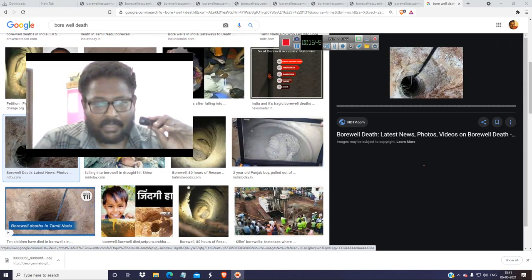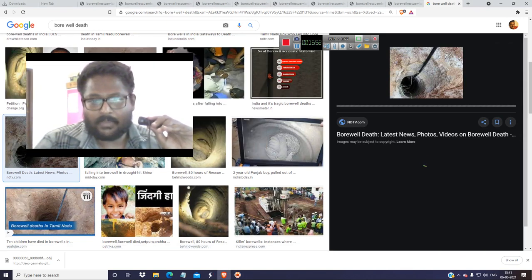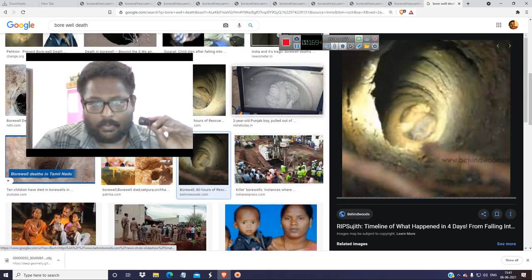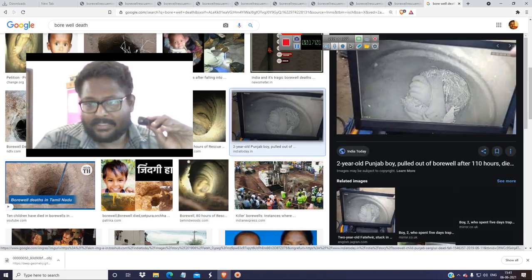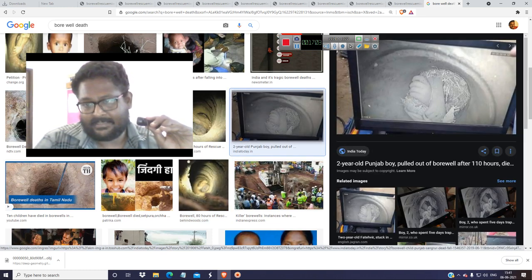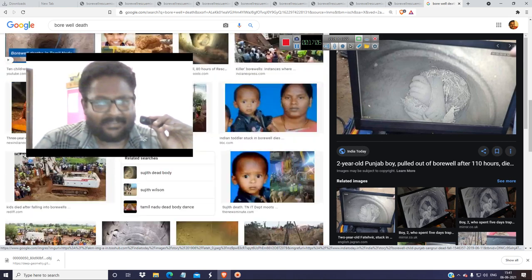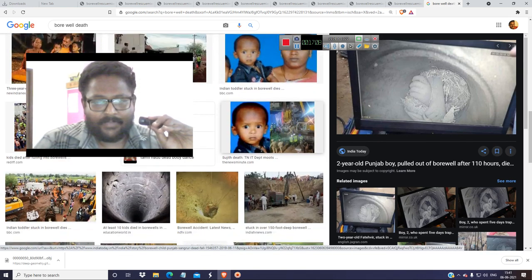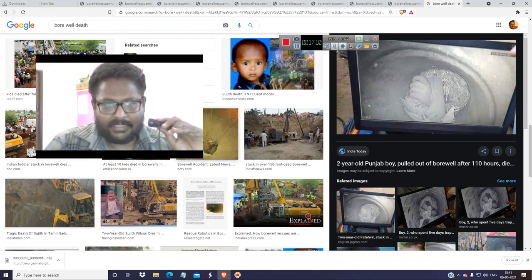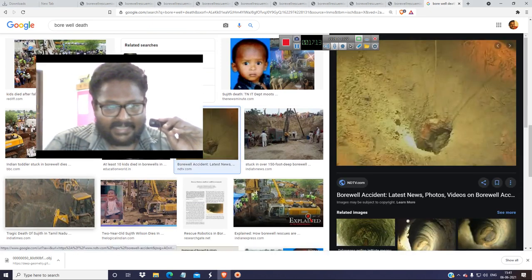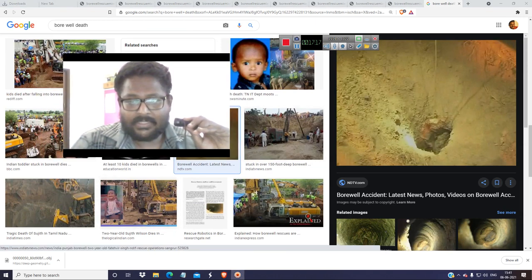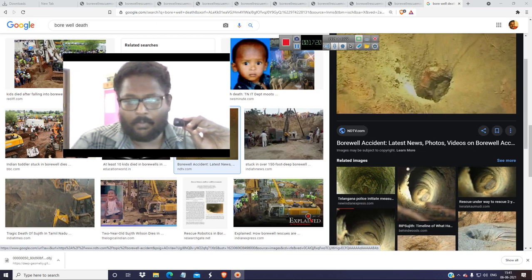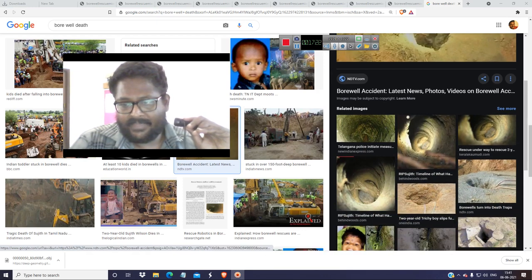So I have launched this project, Sujit. The boy was dead before, 2 to 3 years ago. As you can see here, even in Punjab, a 2-year-old was pulled out after being inside the borewell, and I could not get the data set. It is a very suffocating and irritating and hard way to die. The ignorance of the child and the curiosity drives the poor boy into the borewell. So it is a very dangerous one.